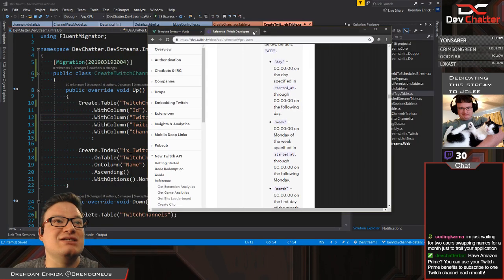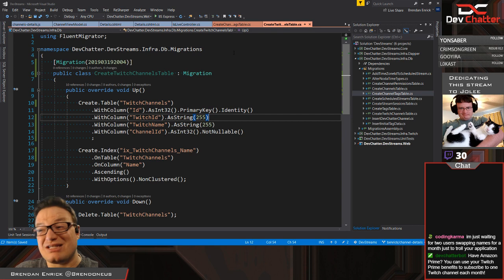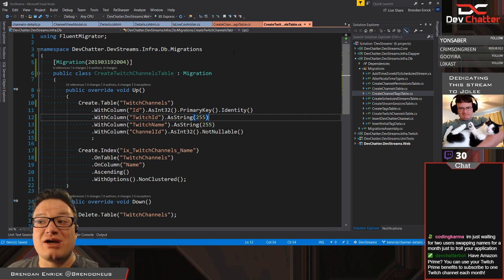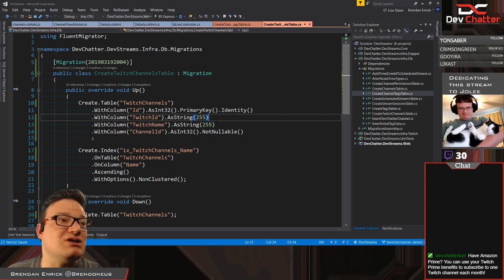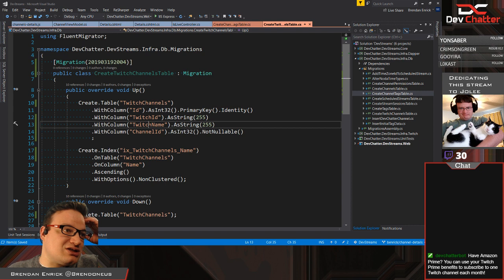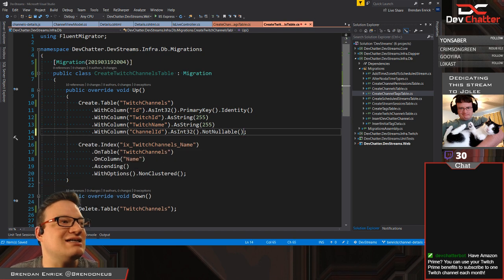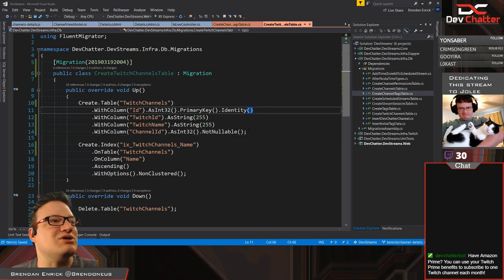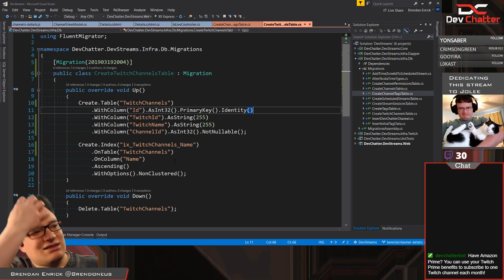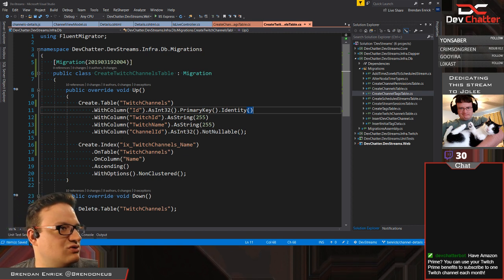And since they say string, I'm absolutely going to treat it as a string, despite the fact that that string happens to be a number. That means they're not even guaranteeing that it's going to be a number every time. So we are absolutely stringing that value. So we're going to Twitch ID, Twitch name. Always a good idea to check your APIs on those things, because if they did put that in the reference, that was a fantastic hint to not treat it as a number, just in case, so we don't get bitten by that. Next thing here, do we want to ID based on these values?